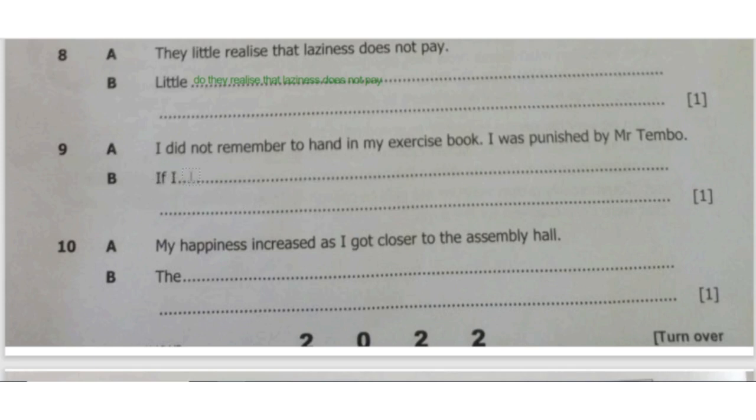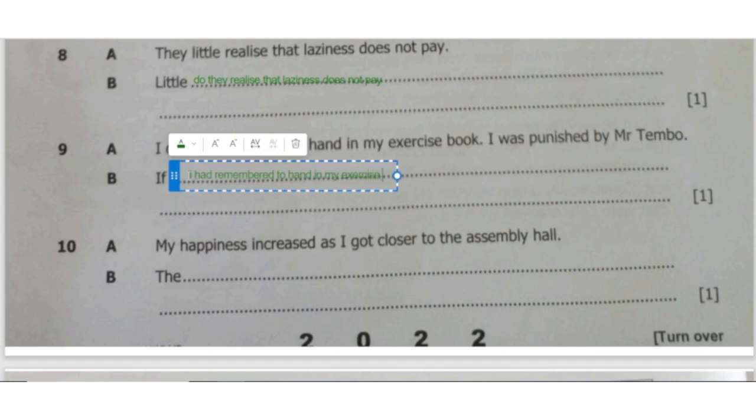So now, I can say: if I had remembered to hand in my exercise book, comma,